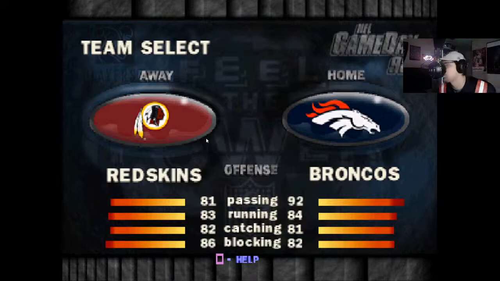I believe the Broncos are considered the home team in the Super Bowl. I'm trying to get a video image real quickly to see what uniform they wore. Give me one second, because I want to see if they won. If they wore their home uniforms, I believe they did. Yeah. All right, so the Broncos did wear their home uniforms in this game, so we're going to